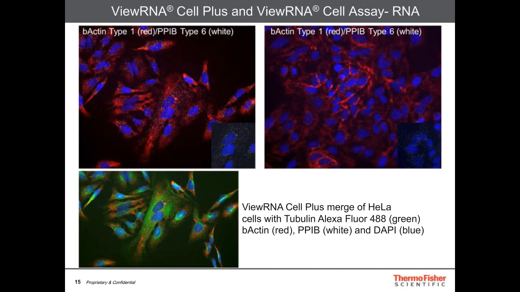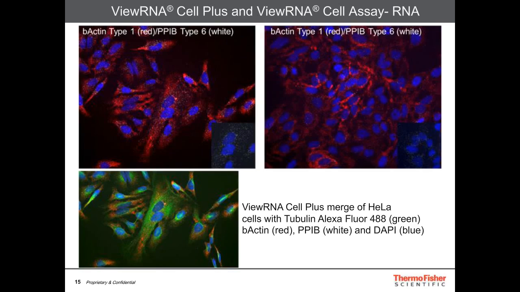So if we look at the Cell Plus assay, which is shown in the top left image, we can see detection of beta-actin mRNA in red and PPIB in white. Those are the individual dots. And then the nuclei are counterstained with DAPI in blue. And the top right image is the ViewRNA Cell assay. And we see similar expression and detection of beta-actin type 1. And PPIB, we can see in the inset box, is expressed in white. So we have a little bit more sensitive detection of PPIB type 6 in white with the View Cell Plus